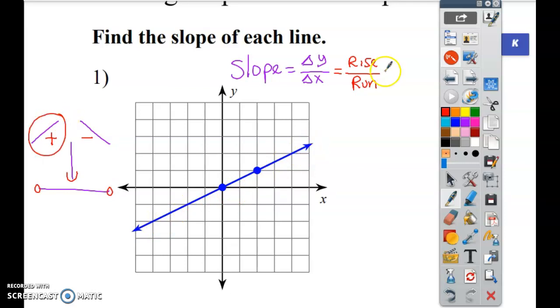So I know that my slope is going to be positive, but I got to figure out the rise over run. So in order to do that, we draw a right triangle and we look at how much we go up. That's 1. I went up 1. And how much you go over. 1, 2. I went 2 to the right. Okay, and because I know that it's a positive slope, I'm not going to have any negatives in there. So I'm going to divide these two,